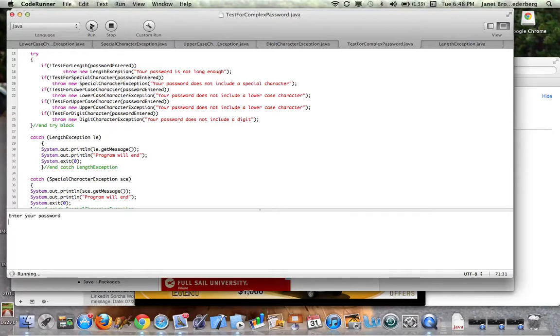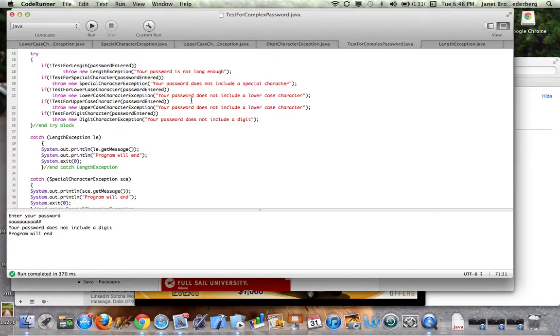Let's try the next, and that is that we'll put in a password that is all lowercase. I'll put in all lowercase a's. Now this actually fails on a couple of counts, so let's change this. We'll have it be an uppercase and then one of the special characters. And so I'll put in one of the special characters, and that's right here. And as I press enter, it'll tell me I don't include a digit, and I don't. Those are all lowercase. Here's an uppercase. Here's a special character. I'm of appropriate length, but I don't have that special digit, and so my program will